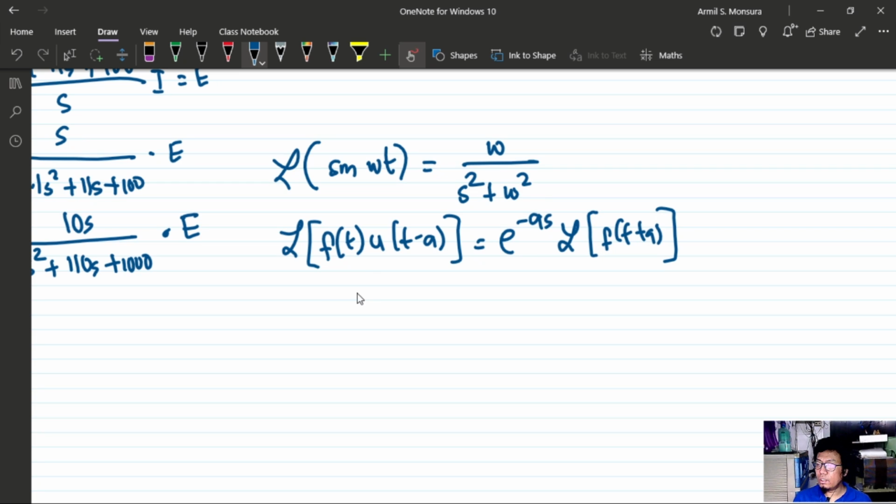So if we let our f of t equal 100 sine 400t,